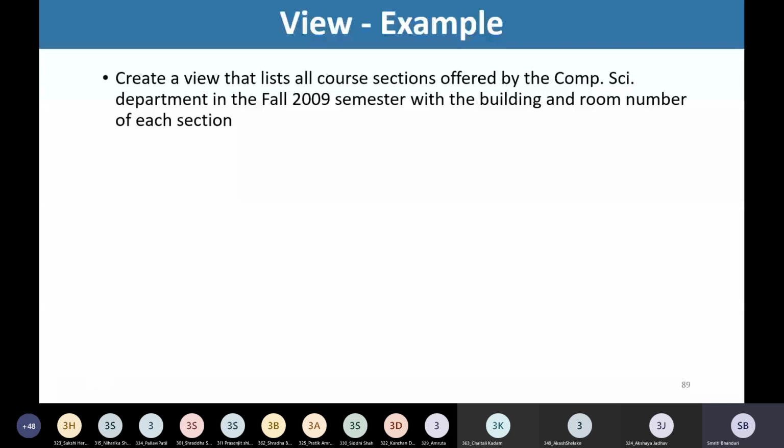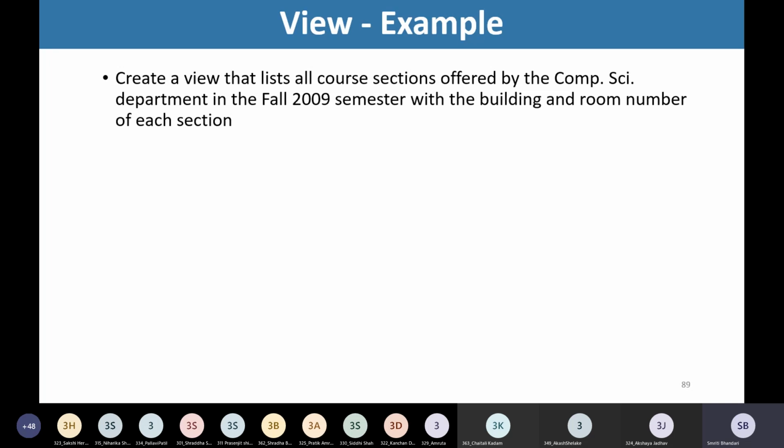Please refer to your university schema. Along with that, we want to show the building and room number of each section.